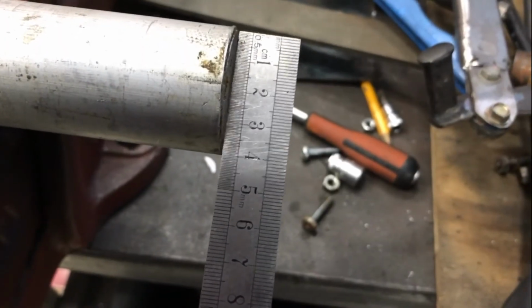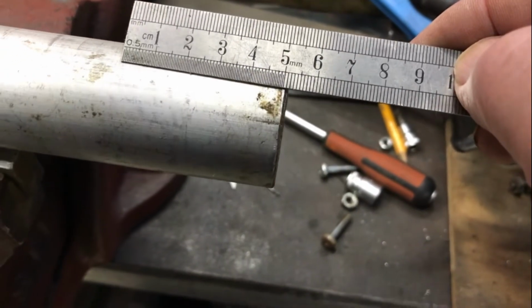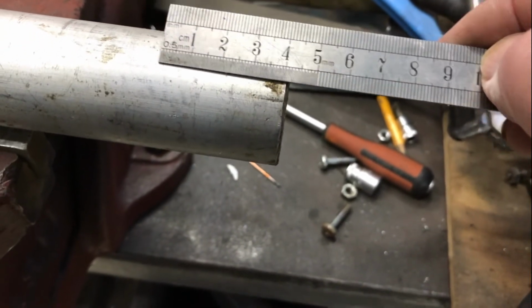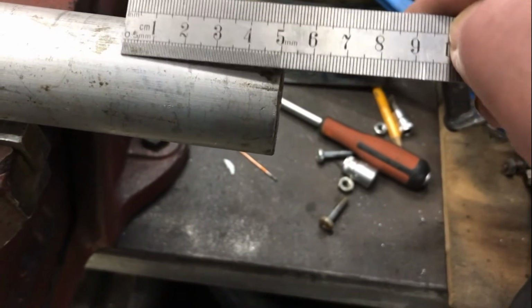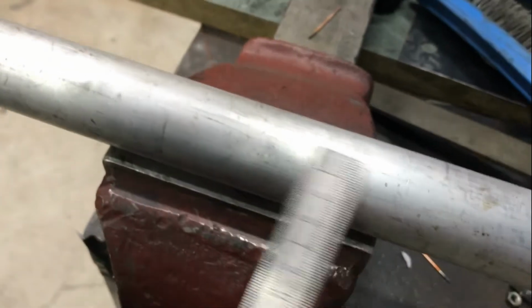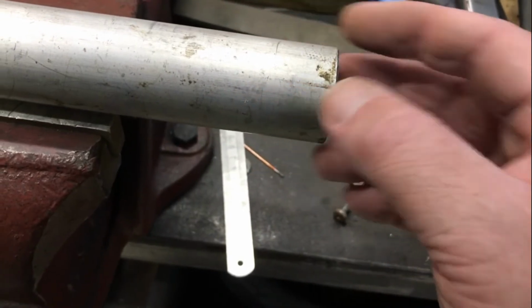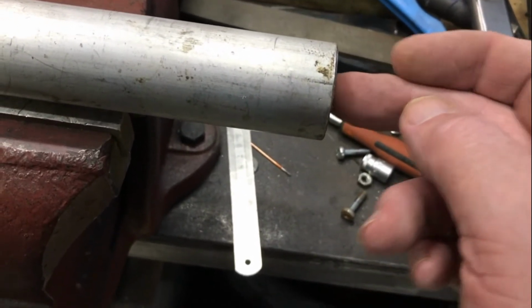It's about 40 millimeters in diameter. I might use 40 or 50 millimeters of it. I'll stick this whole piece in the lathe if it fits, and turn some sort of knob on this end. I'll start by